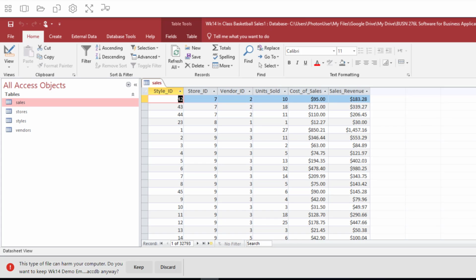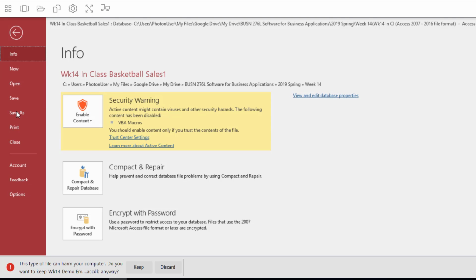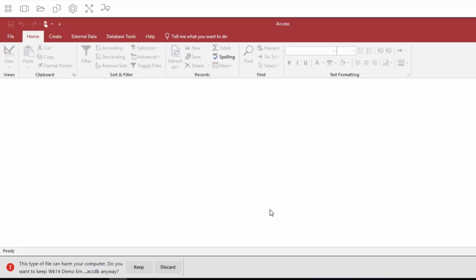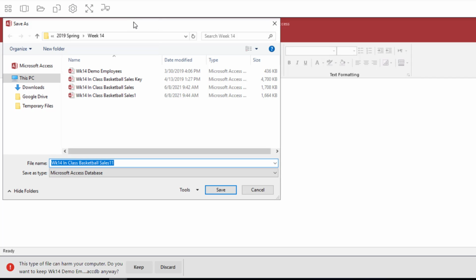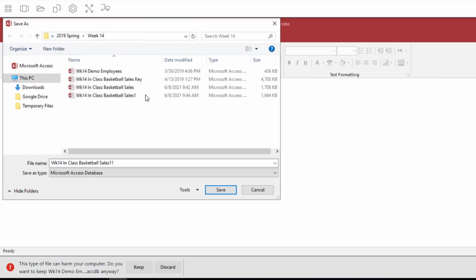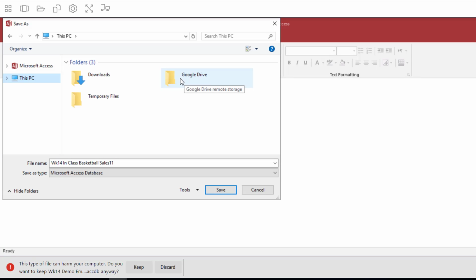At the end of your work session, you'll need to then save this file back into your Google Drive. To do so, in Access, we'll go to File, Save As, and Save As. Now I have a bit of the database open, I want it to close. And now, as the Save As window pops up, I'll want to check the path at the top of this mini window, just to ensure that this pathway includes Google Drive, so that I'm saving it to the appropriate location before I click Save. If it's not in the right space, you can start at this PC and navigate to the right spot in your Google Drive where you want to save it.